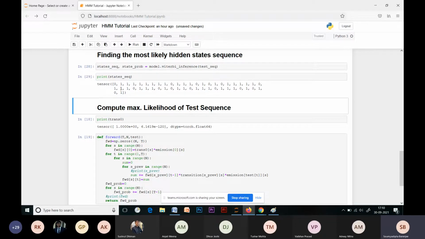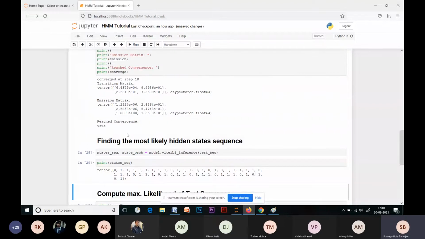And what we can do from here, since we know the final hidden state that the model is in, which in this case is a 1, is this: now that we have the transition probabilities, given that the model is in the second state, the 1th state, I can find out what is the most likely transition that will happen.